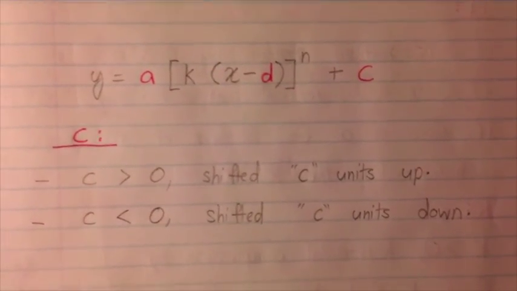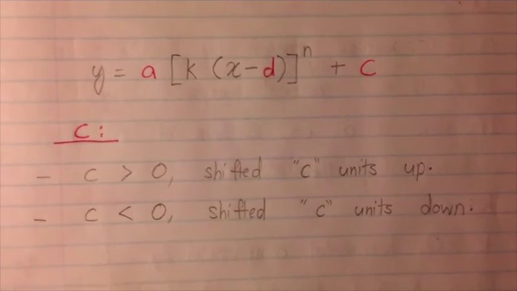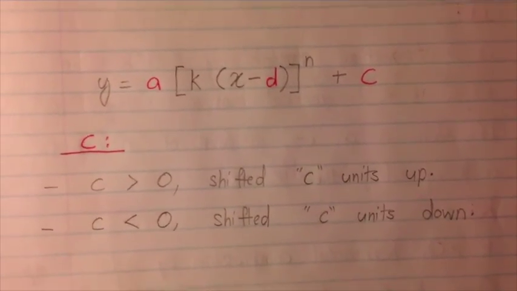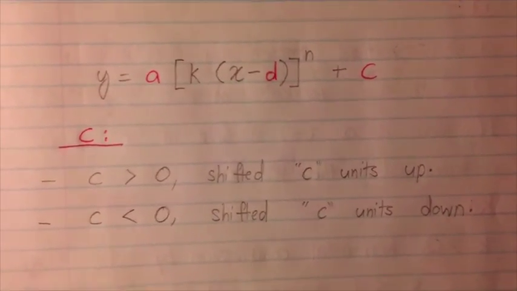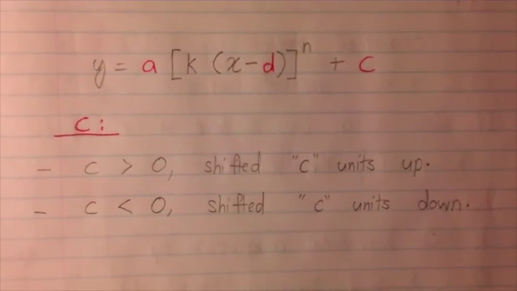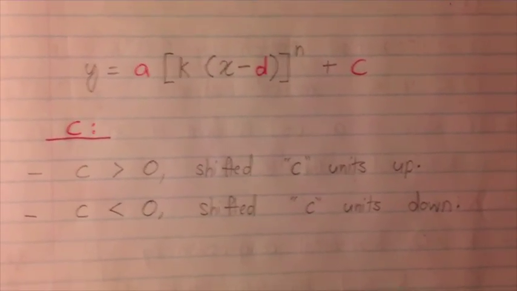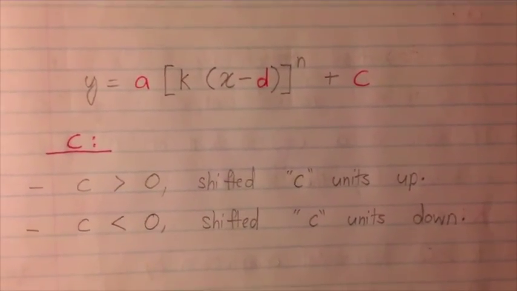Okay, now let's look at the parameter C. When C is greater than 0, it's been translated C units up. And when C is less than 0, it's been shifted C units down. Now, since there is a plus sign in front of the C,